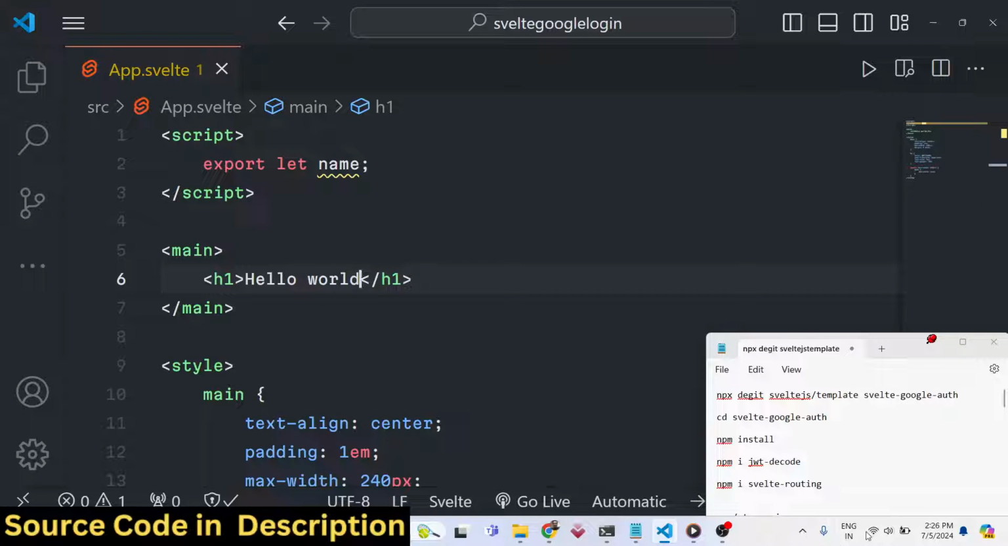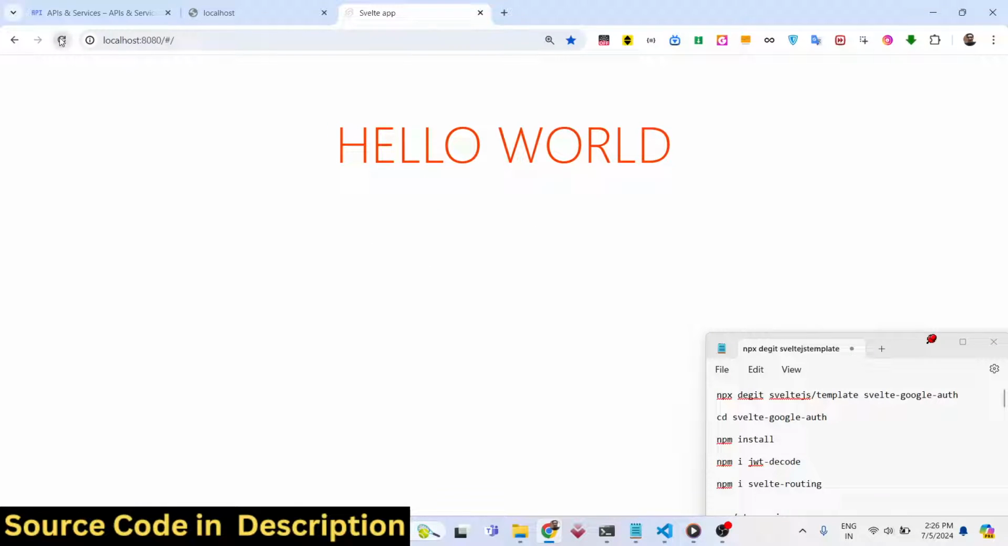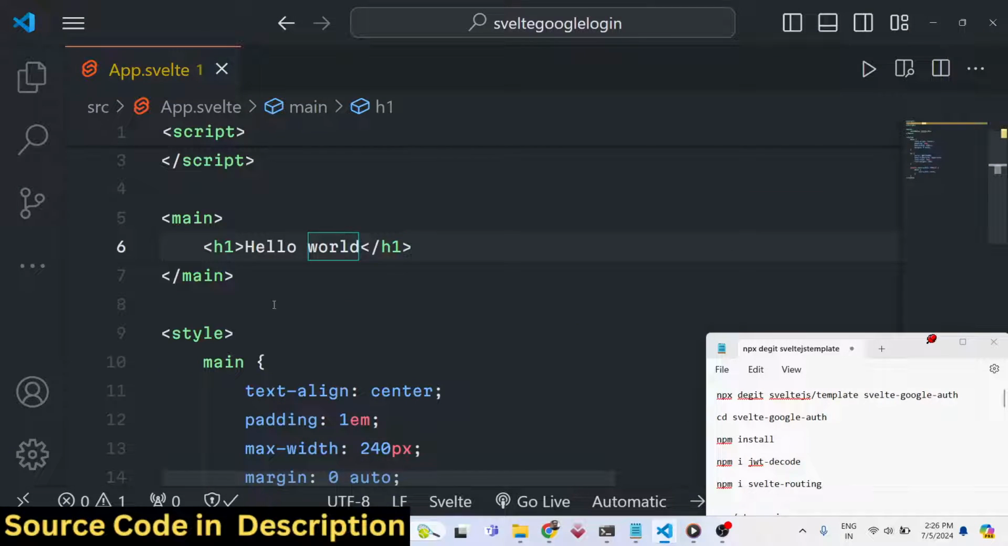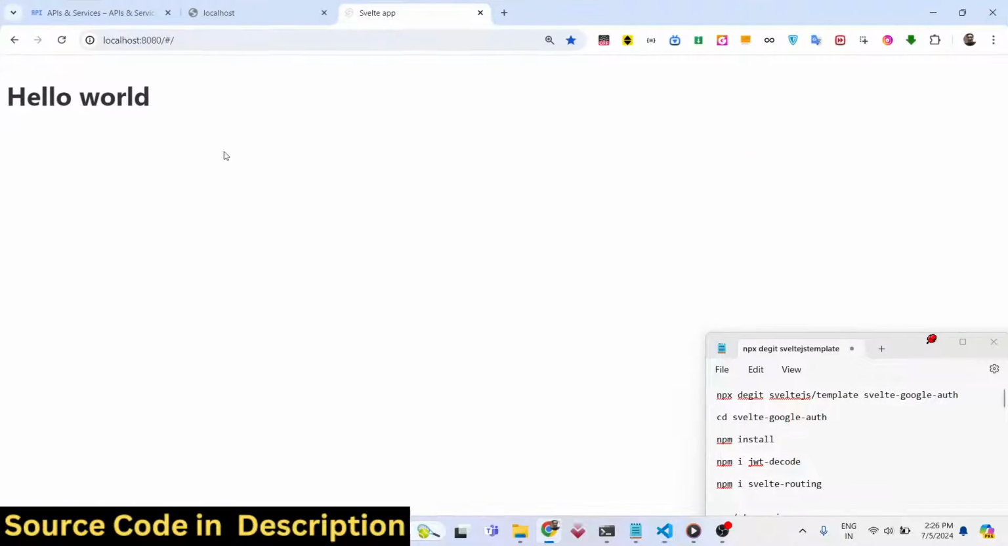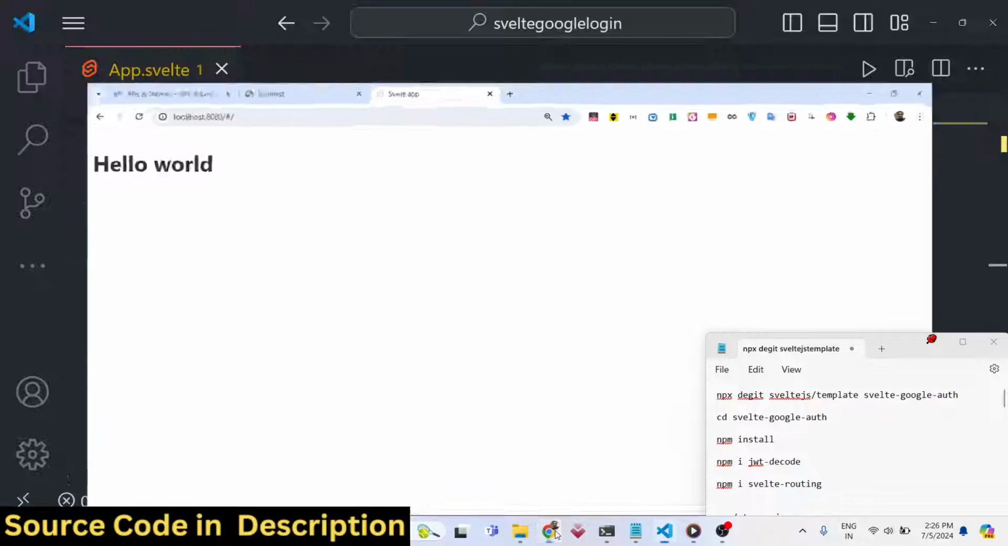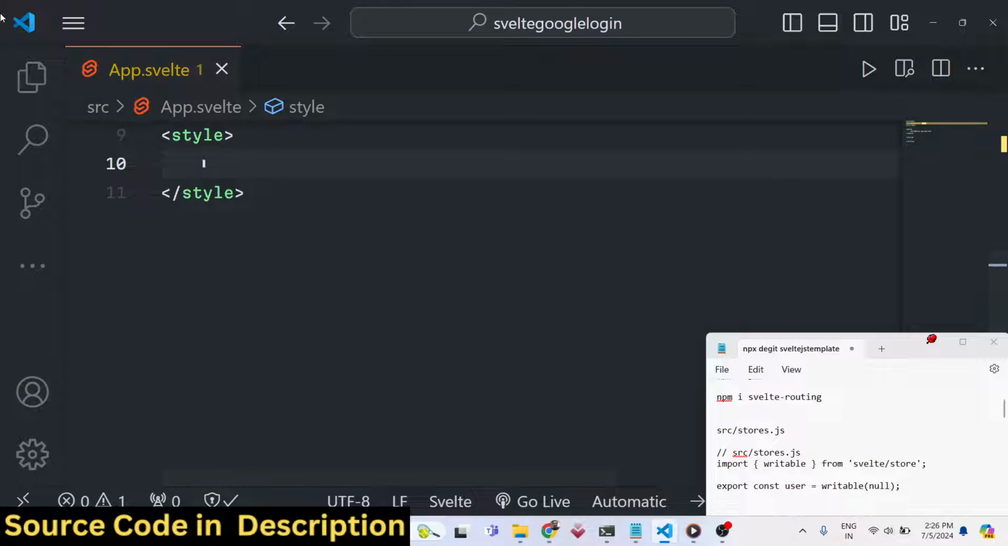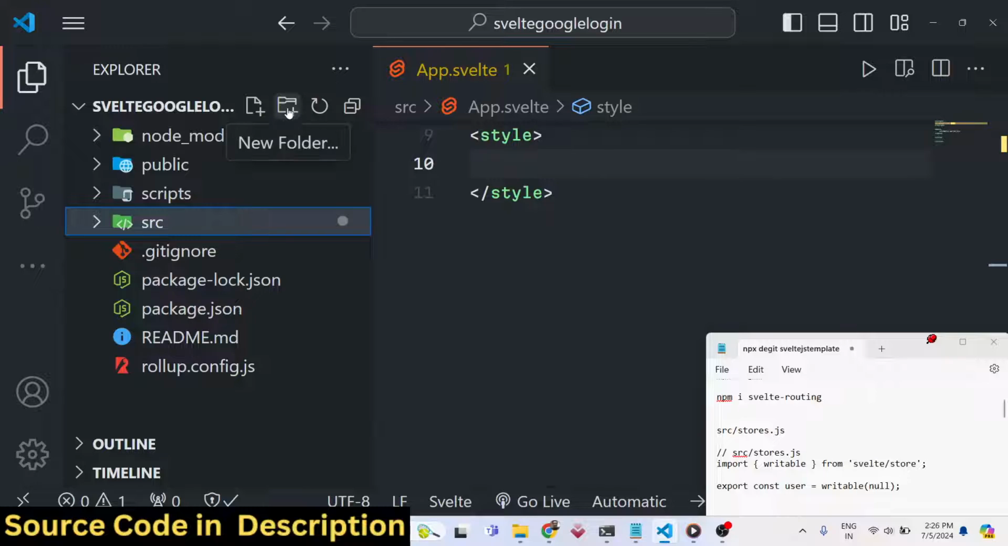So if you hard code this value hello world, you can see that it will change. Let me also just delete everything from your styles as well. So now you can see that it is changing. So now the very first thing we need to do,